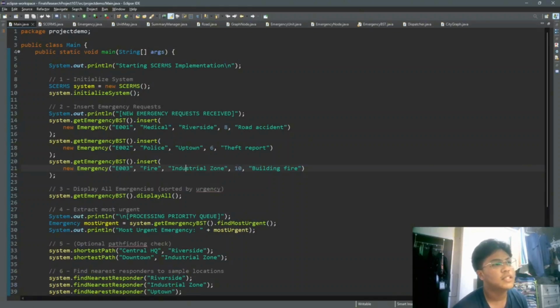So once na-initialize na siya, the program simulates the receipt of new emergency requests by creating and inserting three emergency objects into the system's binary search tree, representing emergencies of varying types, locations, and urgency levels. The system then displays all recorded emergencies in a sorted manner based on their urgency. Next, the program identifies and prints the most urgent emergency by leveraging the BST's capability to find the